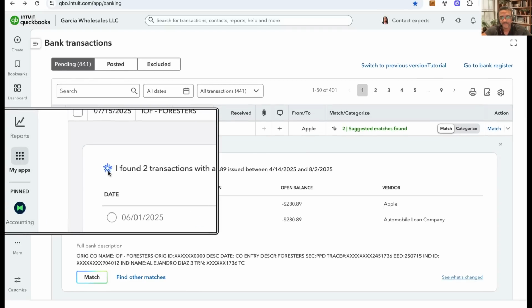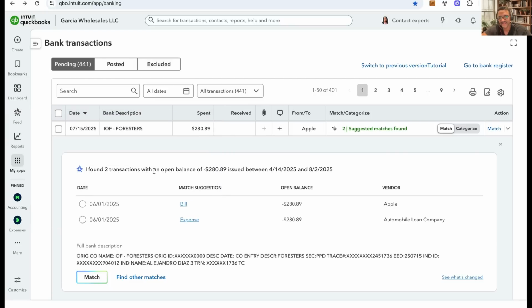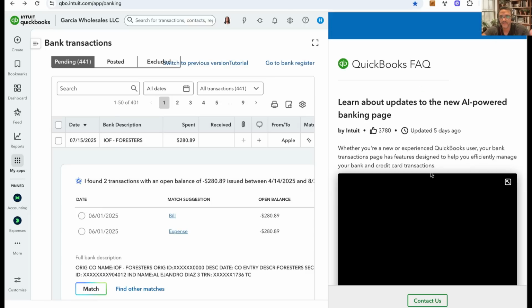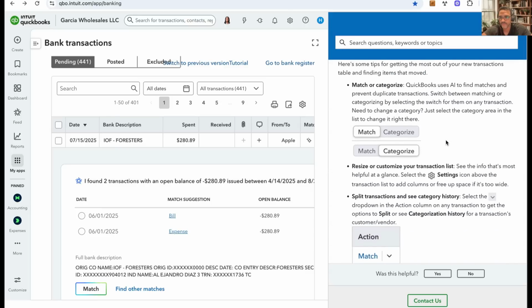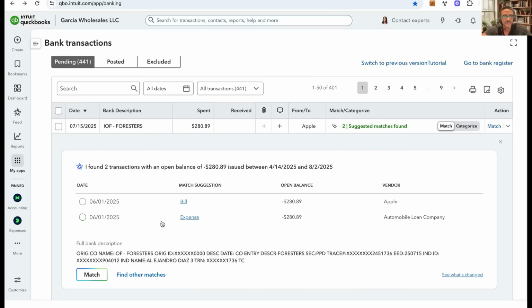And it has the business feed logo, the Intuit Assist logo. This is the AI logo, as if AI is doing anything. I honestly don't know. AI is technically not doing anything. There's a button here that says see what changed, and assuming that something changed on this screen, maybe they'll explain. But historically, if you have two transactions that have the same dollar amount, bills or expenses or whatever,